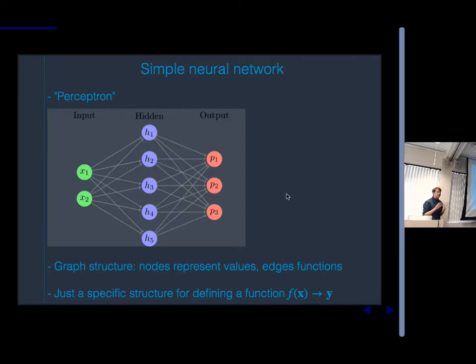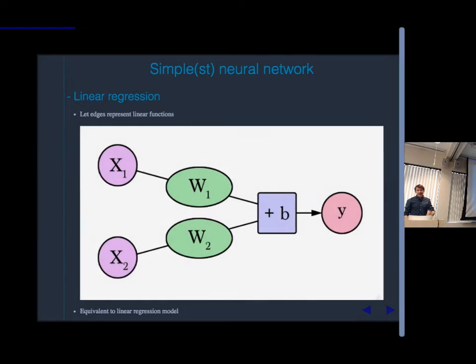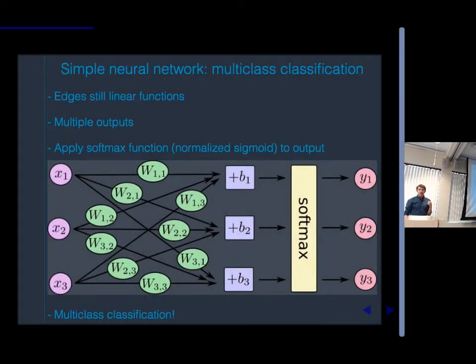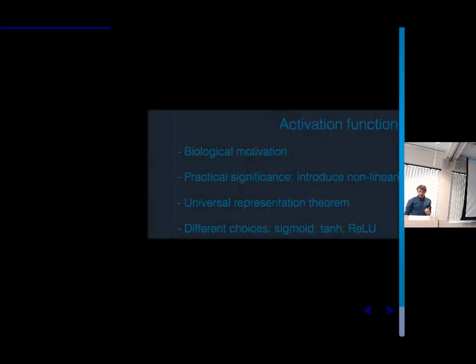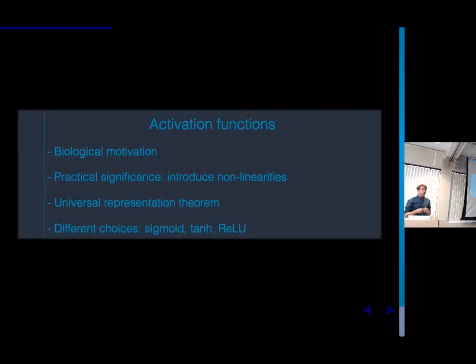But the biological connection is pretty straightforward. This is just how neurons work. There's some sort of non-linear function of the input that gets passed on to the next neuron. And it turns out that by doing that, we can construct very complicated non-linear functions. Before, we were only looking at linear functions of the input, but obviously the relationship between our predictions and our data doesn't always have to be linear. So now we're going to talk about how to introduce non-linearities.